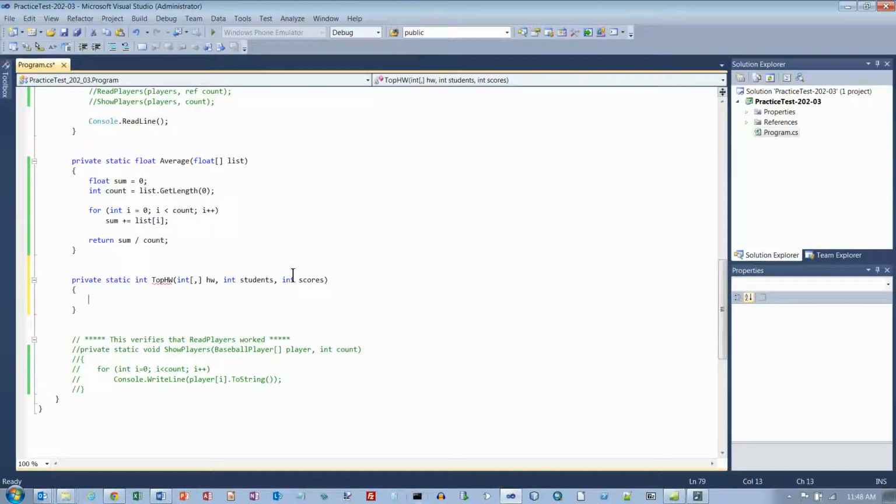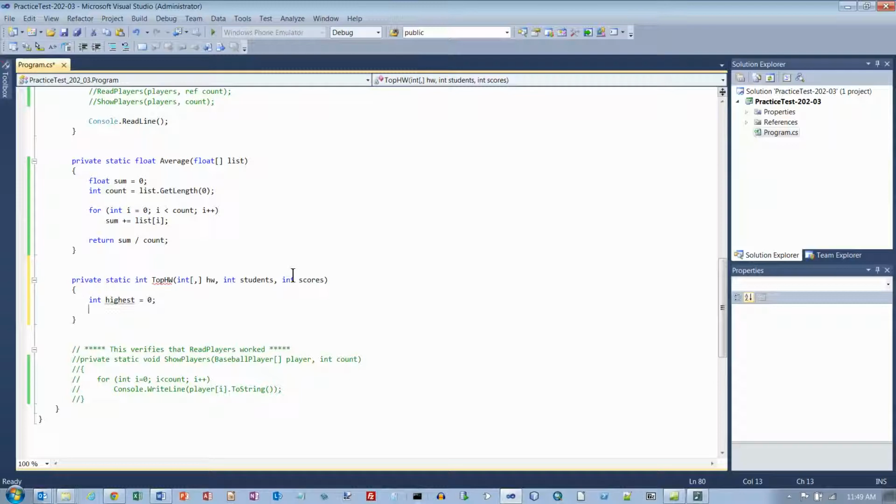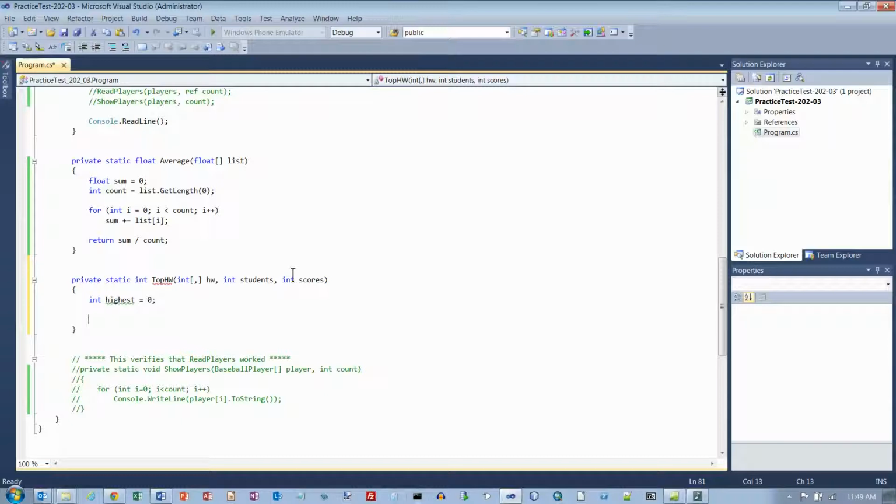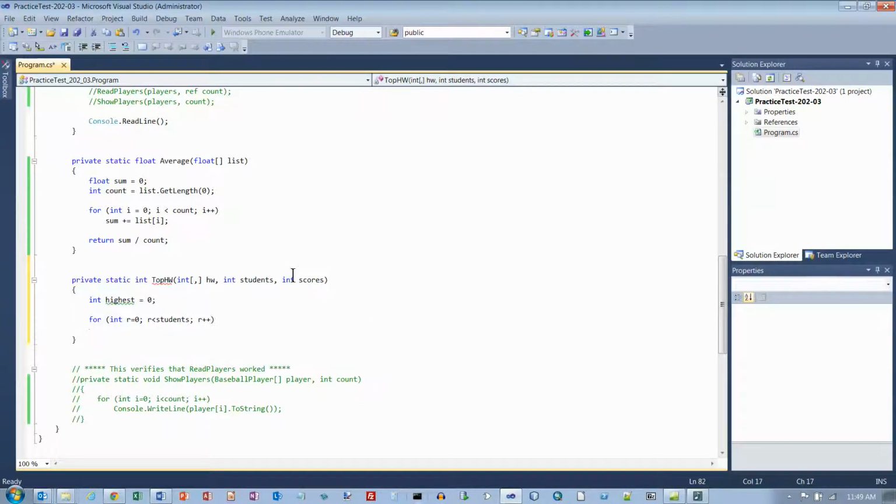Okay, so what I want to do is keep track of the highest. So let's declare an integer variable called highest, and we'll just set it equal to 0 to begin with, and then no matter what we find for the first student, it'll be bigger than 0, and so that's the one that we will save. Now here's what I want to do. I want to look at each student. So for R, my row variable,